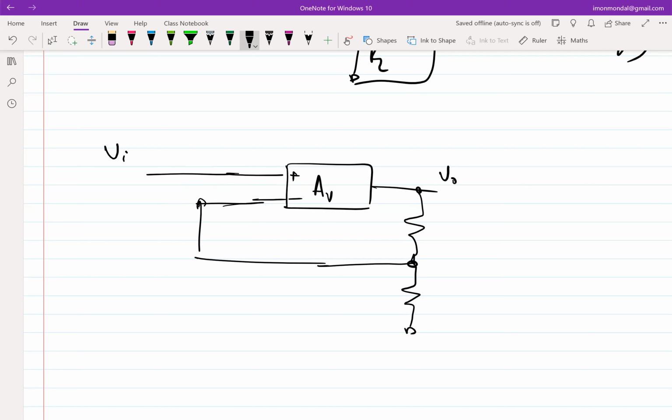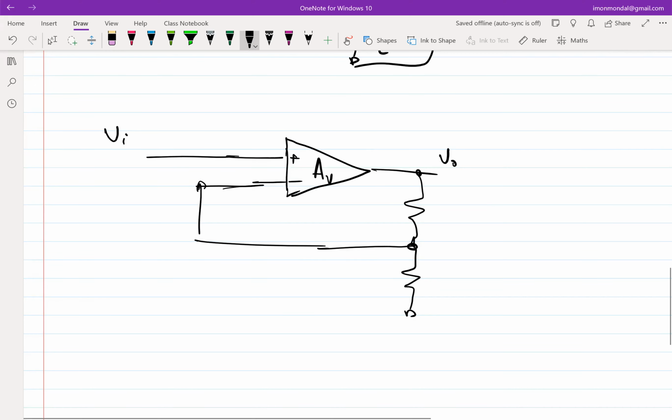Okay. And you can call the terminal AB, doesn't matter. And often instead of making this a square, we represent it like this. Right? So this is the classical op-amp picture that all of you, I'm sure, are familiar with. So now, as you see, this op-amp picture is exactly similar to that of a feedback network that we have been using for a while. So now we also saw that